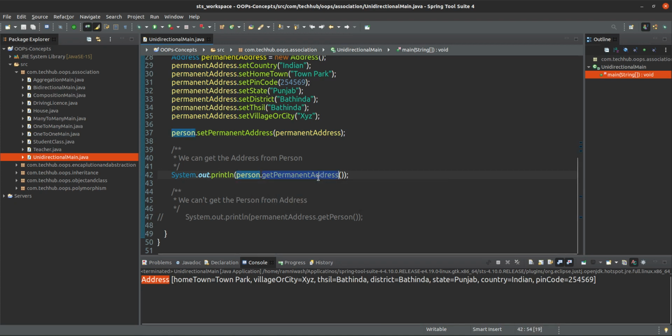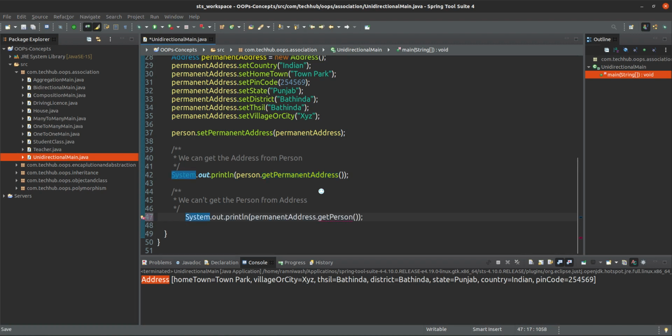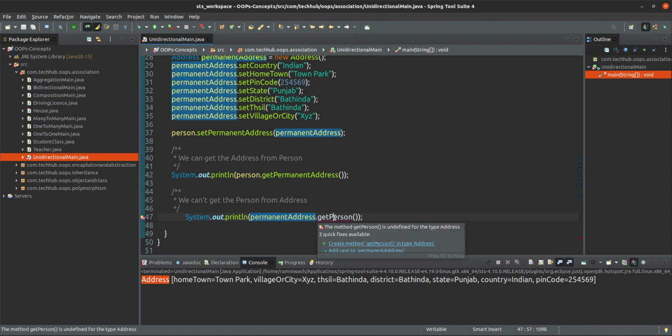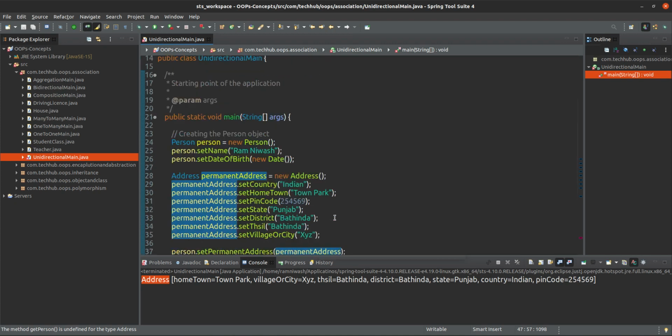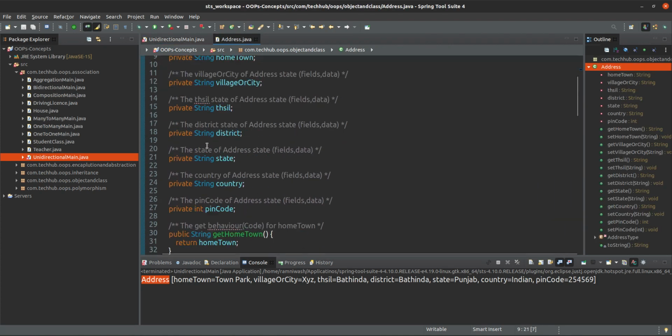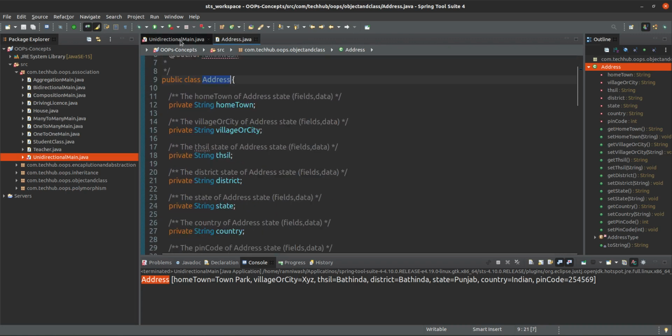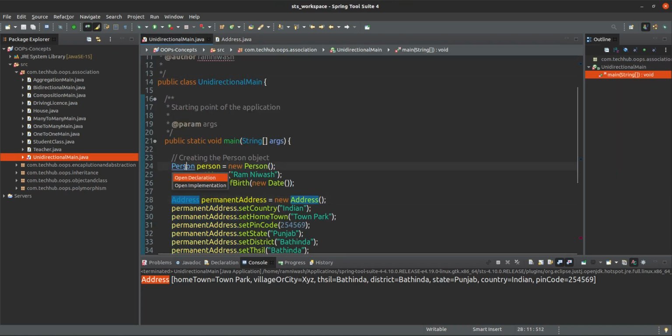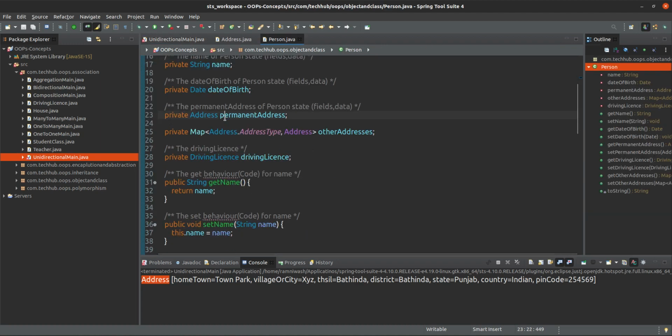From the person we are getting the address, but at line number 47, if I uncomment this one, you will see a compilation error, a compile time error. What is this? Because from the permanent address you cannot get the person, because inside the address class there is no reference to the person object, but inside the person there is a reference to the address.